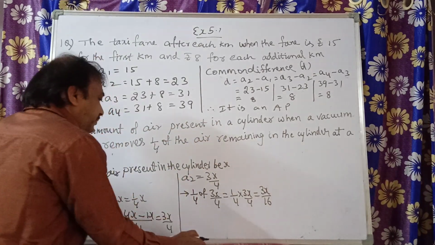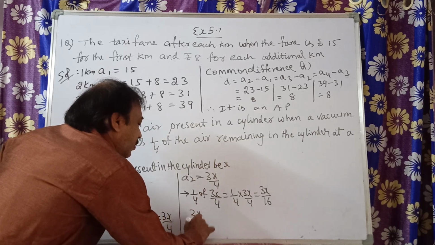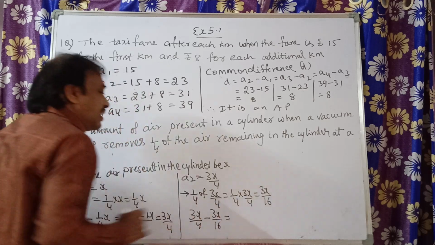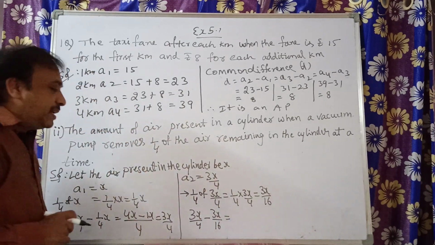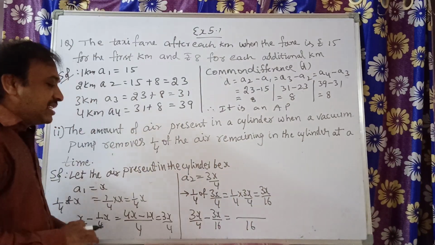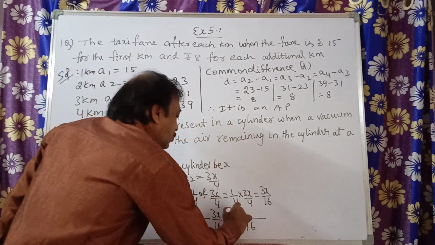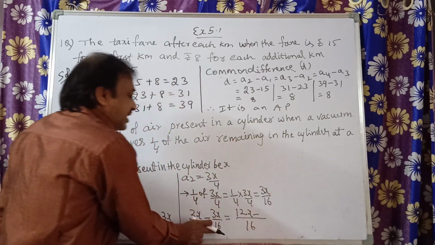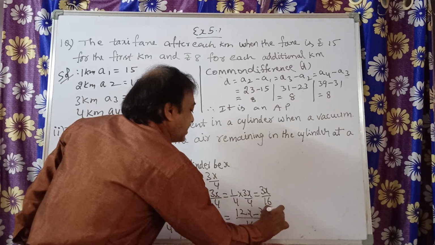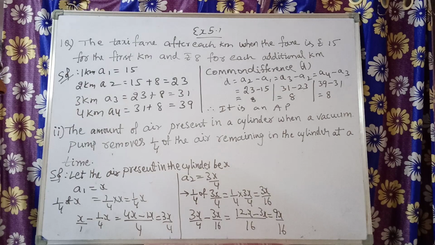So 3x by 4 minus 3x by 16, which is equal to, are you following? Now the LCM is 16. 4 times 4, 16, 4 times will come. 4 threes are 12, 12x minus 16 times 16, 1 time, 1 into 3x, 3x. Which is equal to 12 minus 3, 9x by 16. 9x by 16.